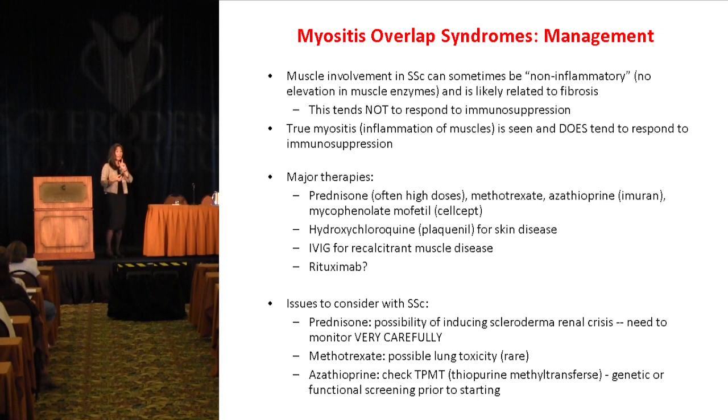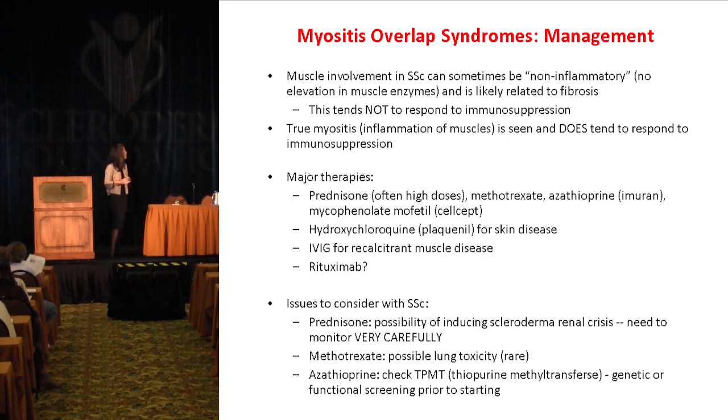And let me tell you, it actually works quite well for inflammatory myositis. So what do we do? We use the high-dose steroids, we are aware of the possibility of precipitating renal crisis, and we ask that you monitor your blood pressure really carefully, and that we are very quick to start an ACE inhibitor, which is the treatment for renal crisis, should anything develop, should your blood pressure start to go the wrong way,